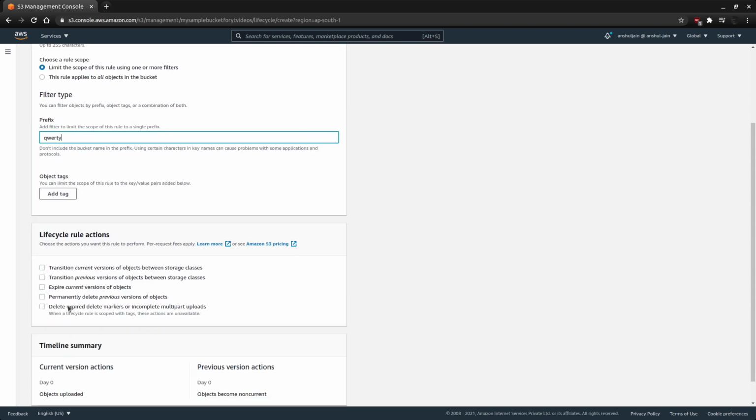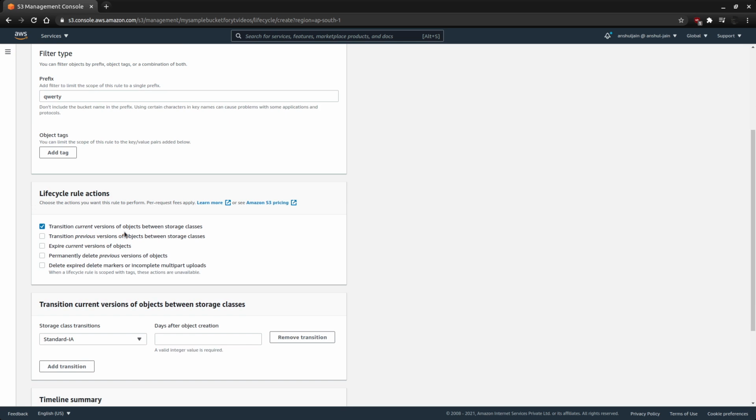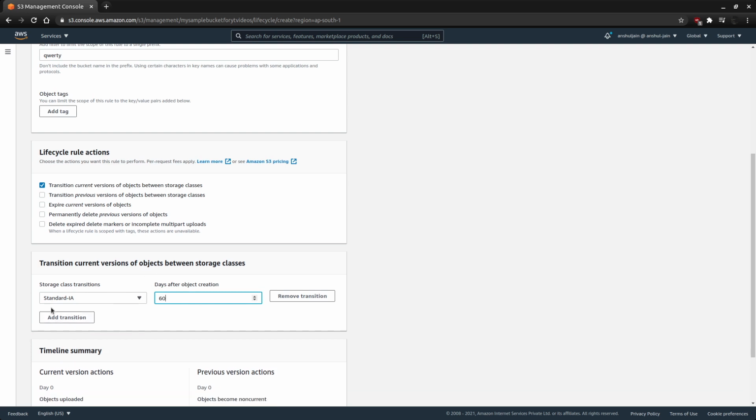And then the important thing is what rule or action we want. For example, here we can choose that the current version of the object should be transitioned from one class to another. So the storage class transition will be from standard to IE, and we can specify that, for example, after 60 days you move your files from standard to IE.